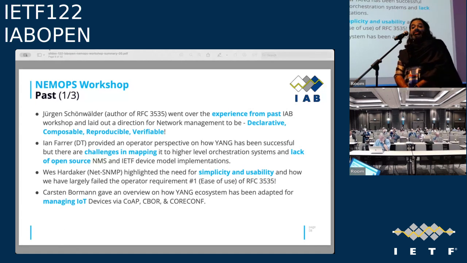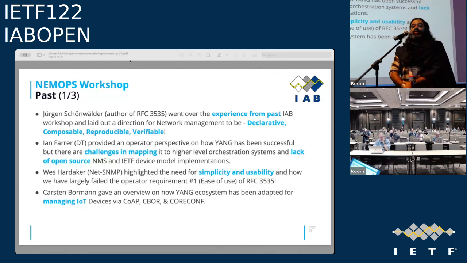And some of the challenges were highlighted, especially with respect to mapping things between different models, between higher level orchestration system to device model. How do we do this kind of mapping is becoming a challenge in the overall ecosystem, as well as lack of open source, lack of tooling was identified as one of the key issues that the operators face when they want to move to the latest network